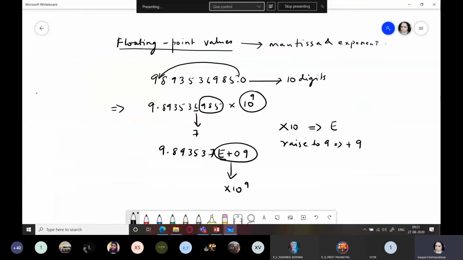DD, MM, YYYY format. Okay, and along with this, time is also there. Hours, minutes, that is MM for minutes and SS for seconds. And along with this, you can have AM or PM associated with this. This is a fixed format which is supported by date time field.